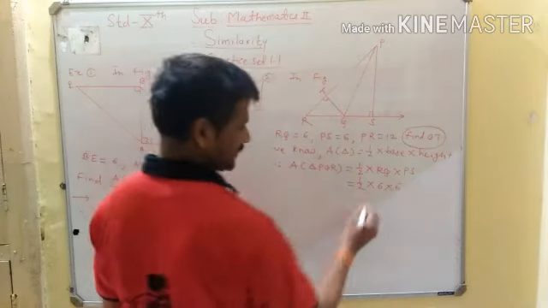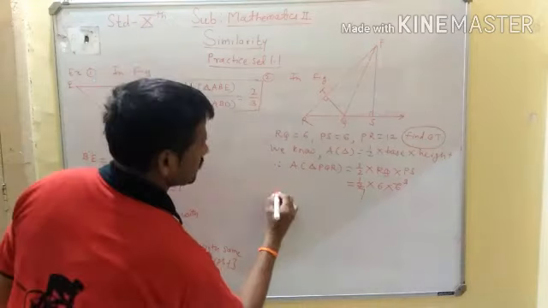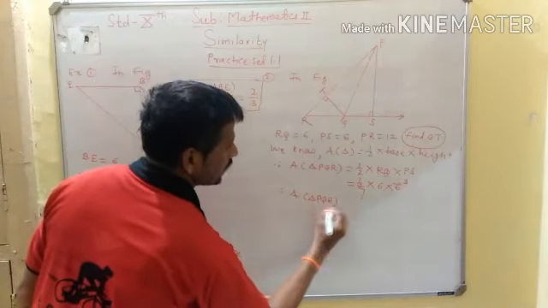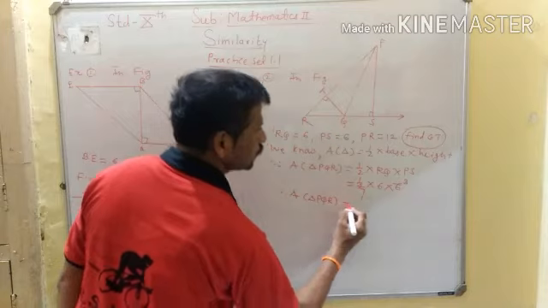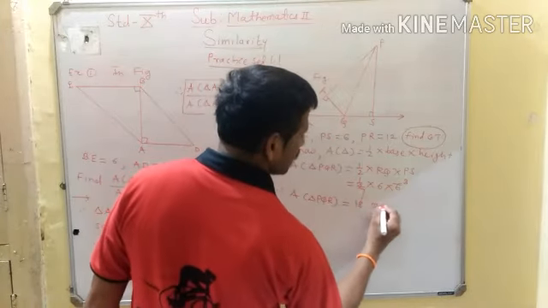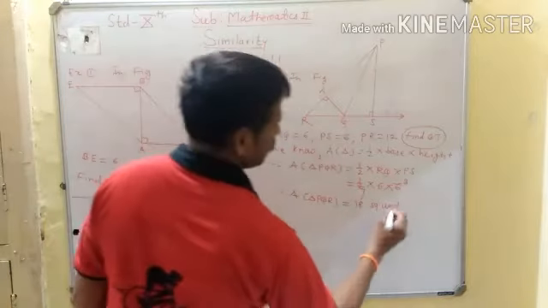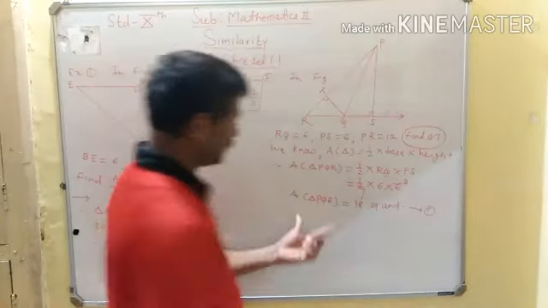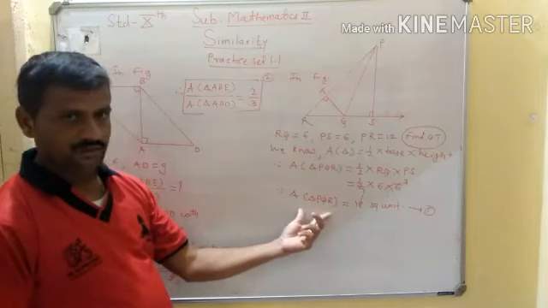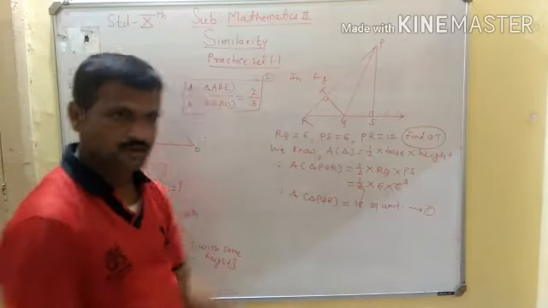Okay, that is fixed. 2 3s are 6. Now we get the area of triangle PQR is equal to 6 3s are 18 square units. Okay, that's the first one. We find the area of triangle PQR. Why do we find the area of triangle PQR? To find the QT.